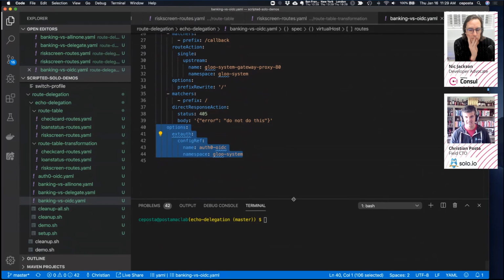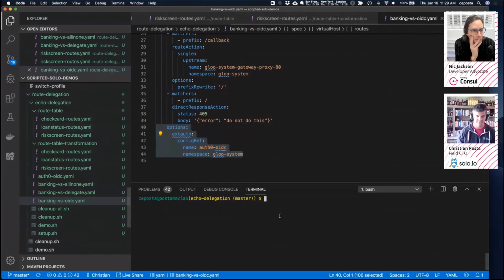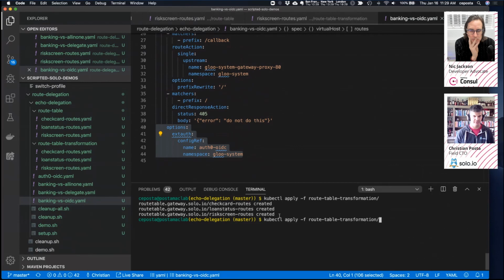So if I deploy this here, first of all, let's do route table. We'll do transformation. Let's apply the various route tables first. And then what we're going to do is deploy the banking OIDC. So we'll have the full separation where the developers in their route tables have the routes defined, the transformations defined. On the virtual service, which is delegating, the virtual service itself will have its security defined, its domain defined, rate limiting, whatever. So if I apply this,